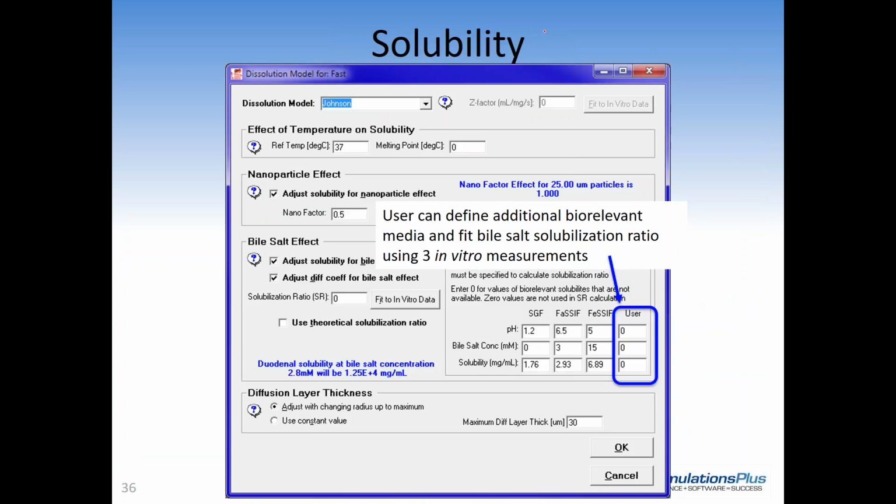One more small adjustment was related to a request from the GastroPlus user group, giving an option to fit the bile salt solubilization ratio, or the affinity of your compound to the bile salt micelles, to more than 2 media. In the previous versions, you were able to enter the passive and/or passive solubility, or at least one of those, to calculate what the solubilization ratio would be, or what the affinity of your compound to